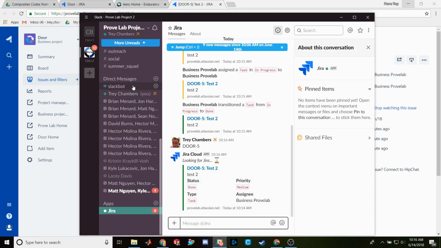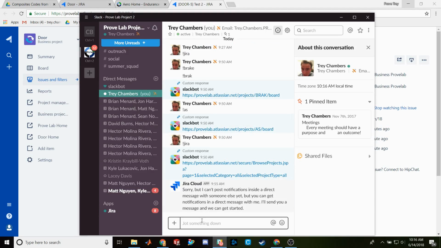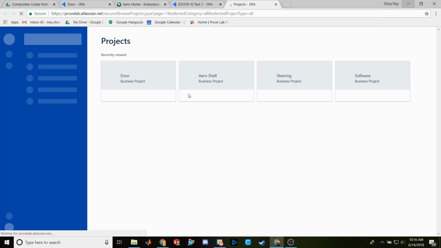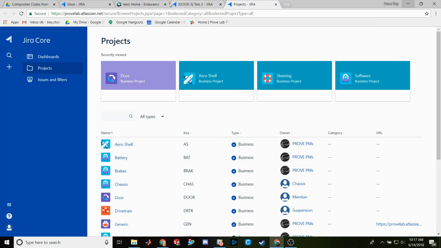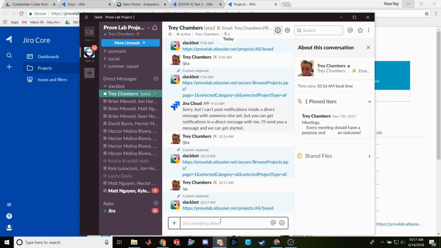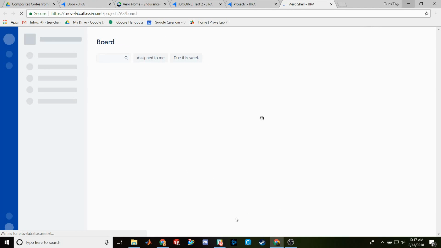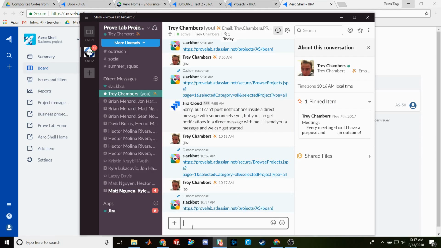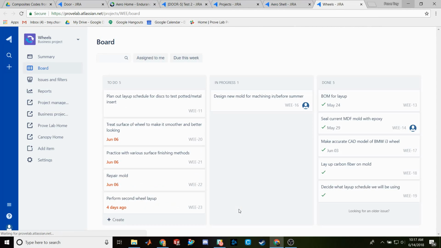Also in Slack, I can type !Jira, and the bot will give me a link to the dashboard, or all the project boards. And again in Slack, any of the codes, like AeroShell, AS, will link me directly to the AeroShell board. It goes the same for every single one of the subsystems. So if I want wheels, it's WE, and I'll get a link to the wheels board. Other than that, that's